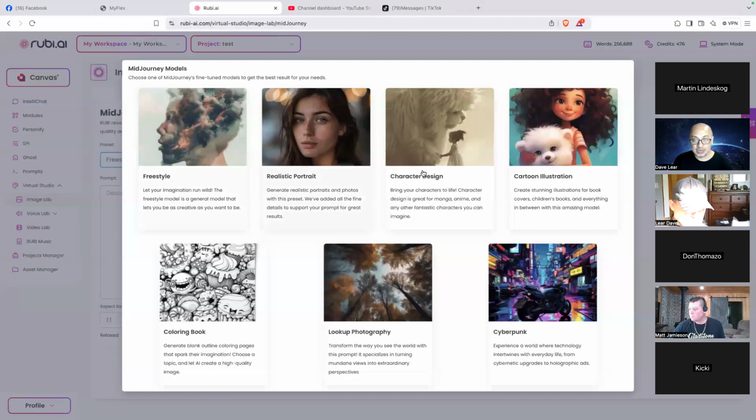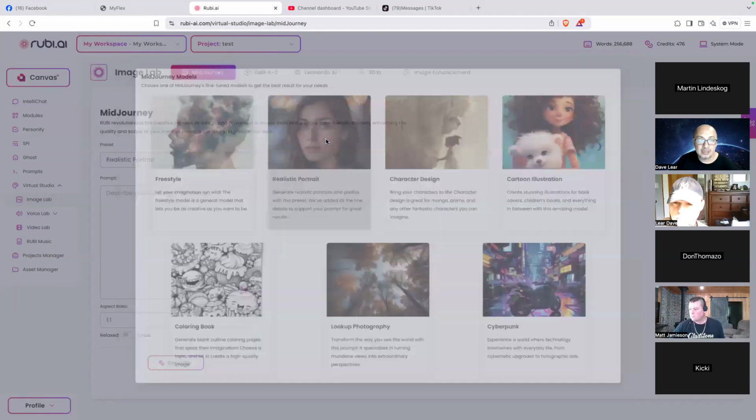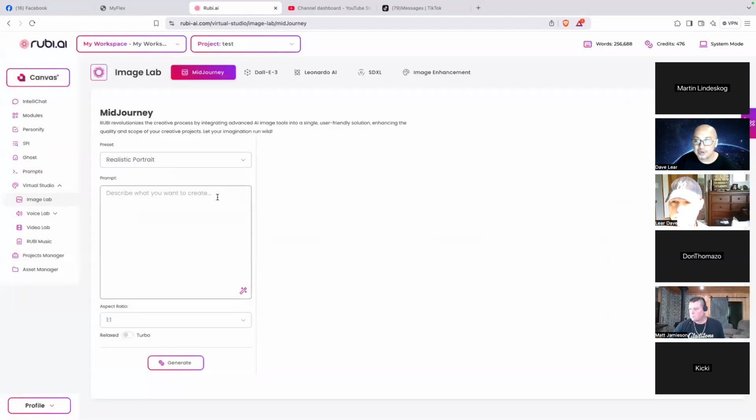Of course there are presets. You can choose the style of the image that you want, let's say a realistic portrait. And for the prompt, these prompts are going to be used, but you can also just describe what you want to create.